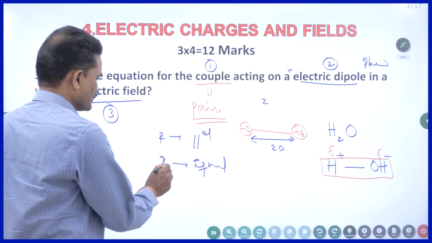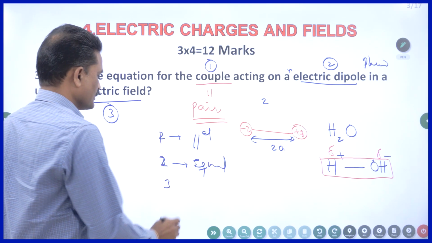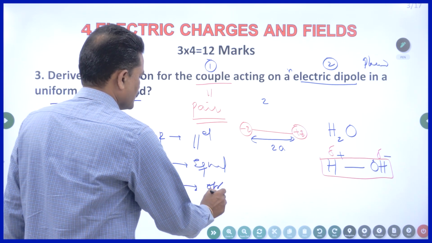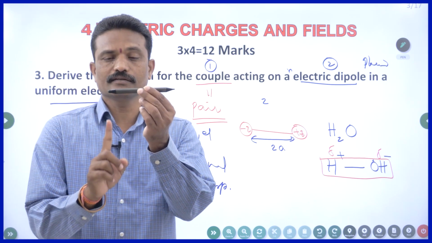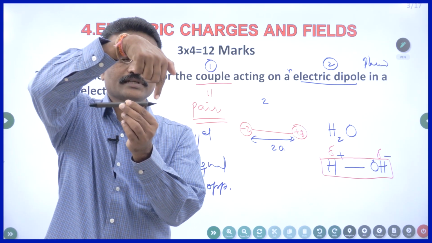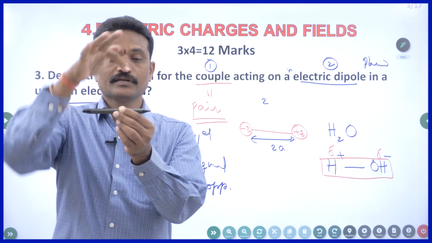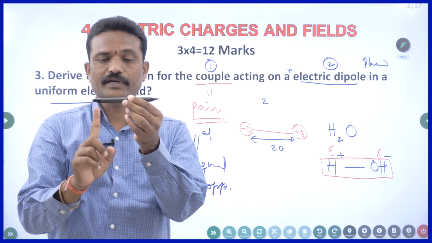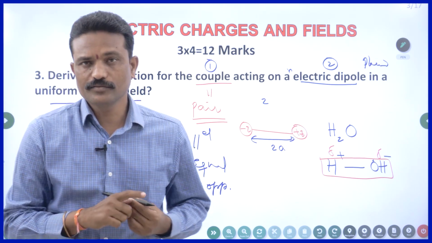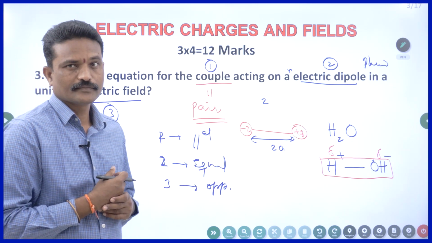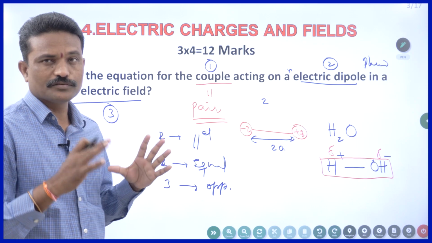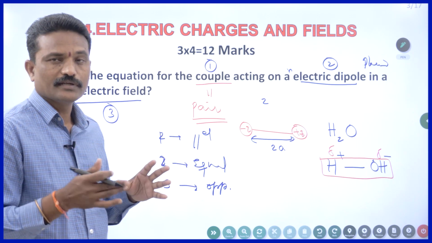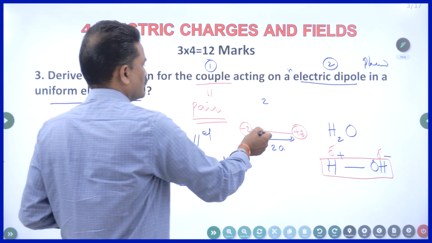This is number one, number two. And number three, they must be in opposite directions to each other. So, one force is acting here and another force is acting here. These two are parallel forces, equal in magnitude, opposite in direction. You might have studied in your first year. When two equal, opposite and parallel forces are acting at two different points on the object, then that object undergoes